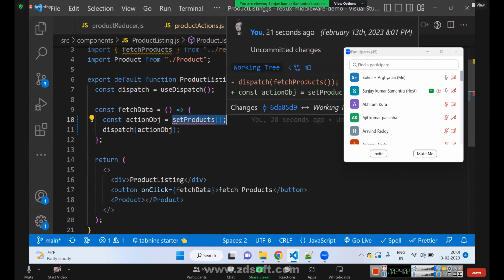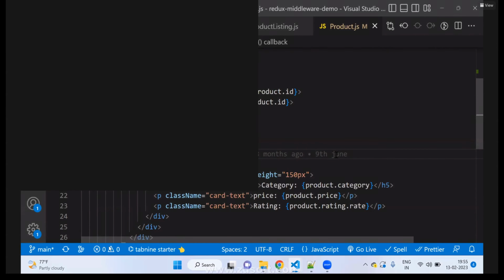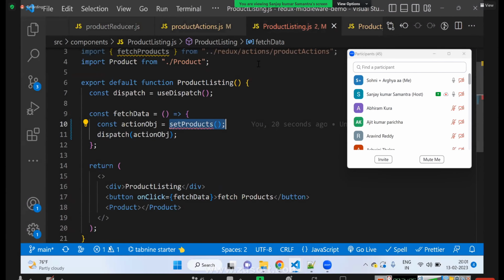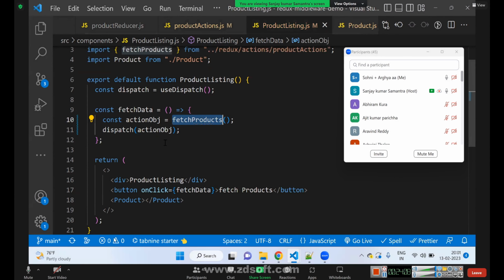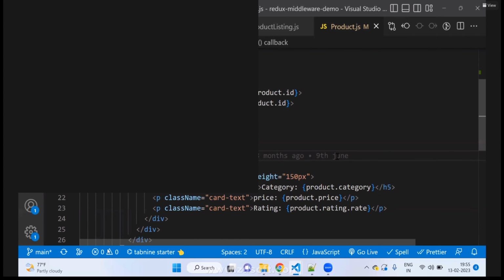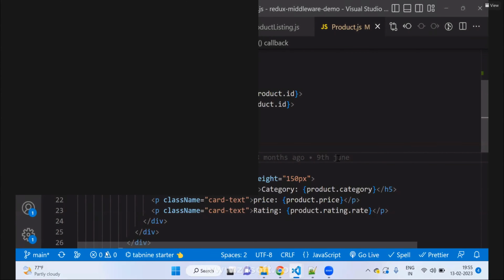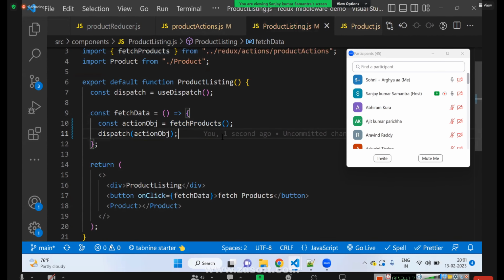I did not understand. Can you repeat once again, sir? What I'm saying is, we are calling an action creator and expecting one action object from the action creator immediately. But do you think